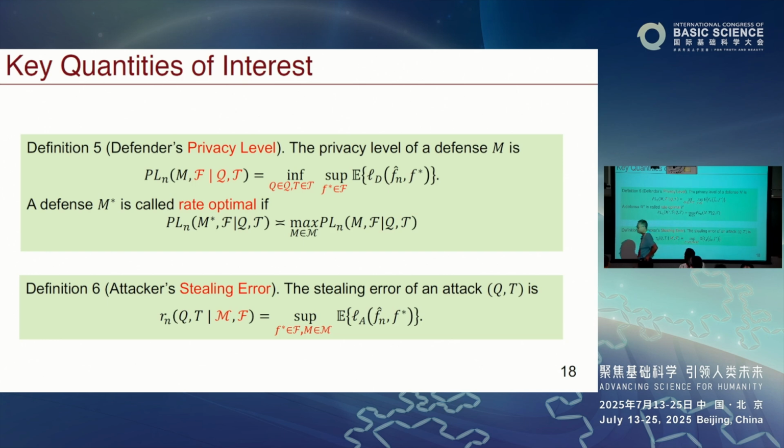What's the typical choice for this script attack class? We're going to look at, for example, polynomial, the linear model, or non-parametric. It could be a Holder class. Well, we care about the accuracy of F star, right? F star is the function we already learned. We pretend it's the truth. In application, we have data, we want to use the best classifier or best regression function. So we care about the accuracy of this F star.